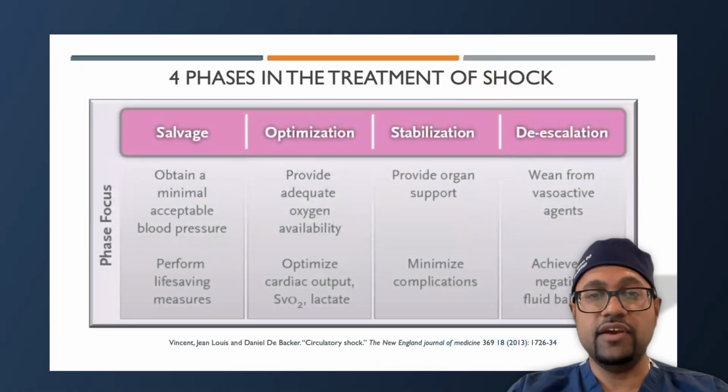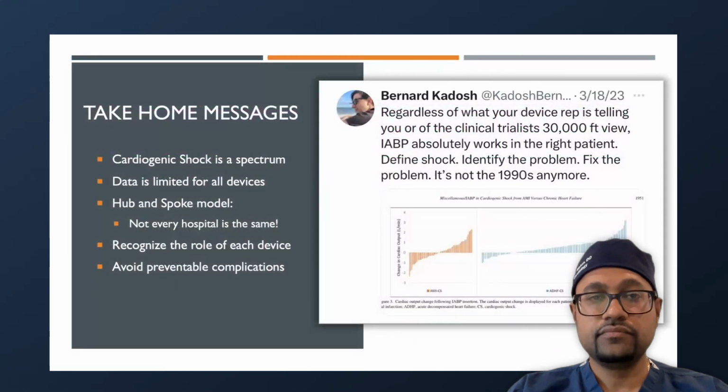And overall, I think you have to understand the treatment of shock, that you can't just do one thing. You have to be able to think outside the box. You have to be able to understand the medications that are used, like dobutamine, like Levophed, and when to use mechanical support, mainly by using the data that we collect with hemodynamics, the right heart cath numbers, and understanding when the patient needs to be escalated and de-escalated. So our take-home message is, I think cardiogenic shock is a spectrum.